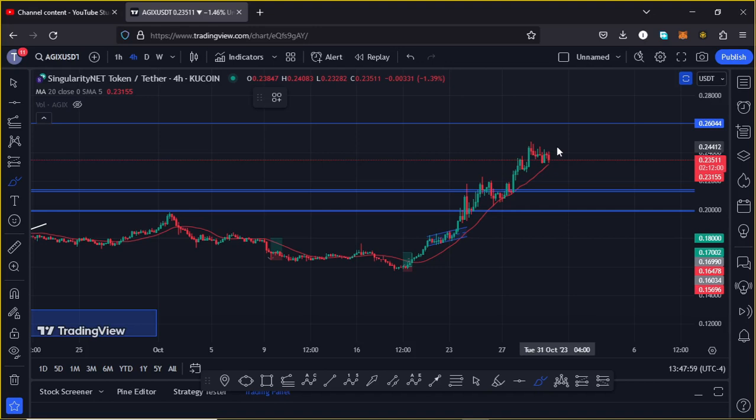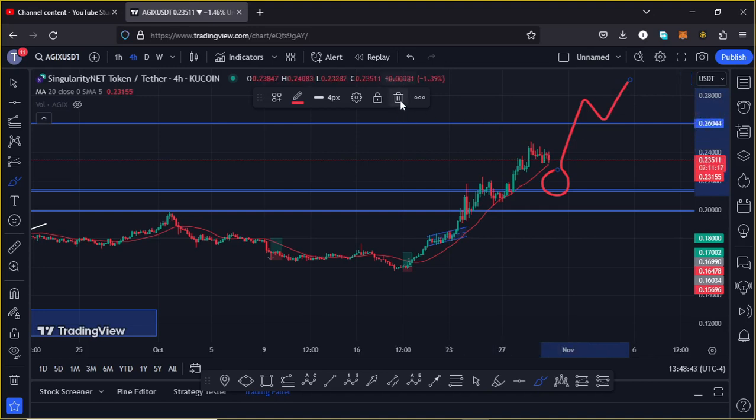And at the time of this recording, AGIX is holding above the 20-day MA here on the 4-hour chart, which is now acting as support for us to continue gearing up. We also continue to hold above the $0.021425 mark, which is an area of support, and as long as we continue holding above it, we can expect another push to the upper side in a move that can give us a break above resistance at around the $0.2604 mark, and a break above that with a retest. Then we can easily see AGIX get above the $0.3 mark in the next coming days.